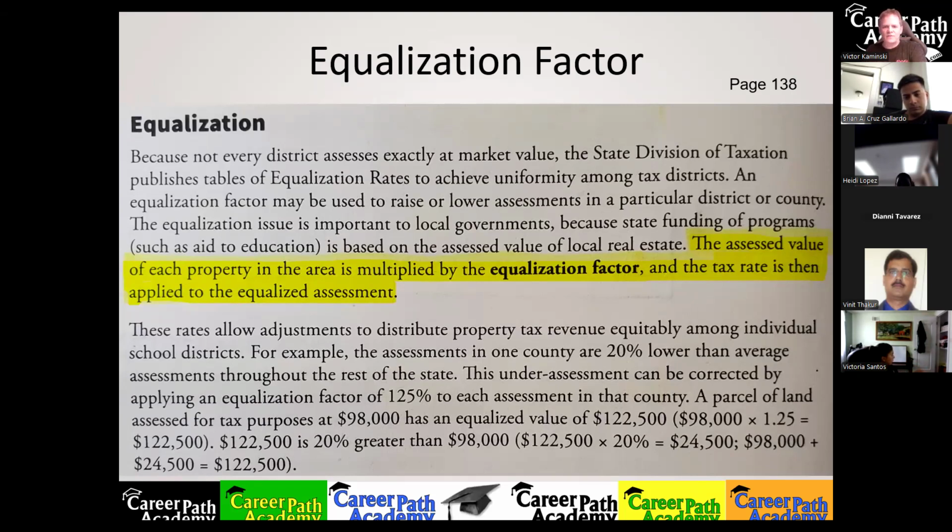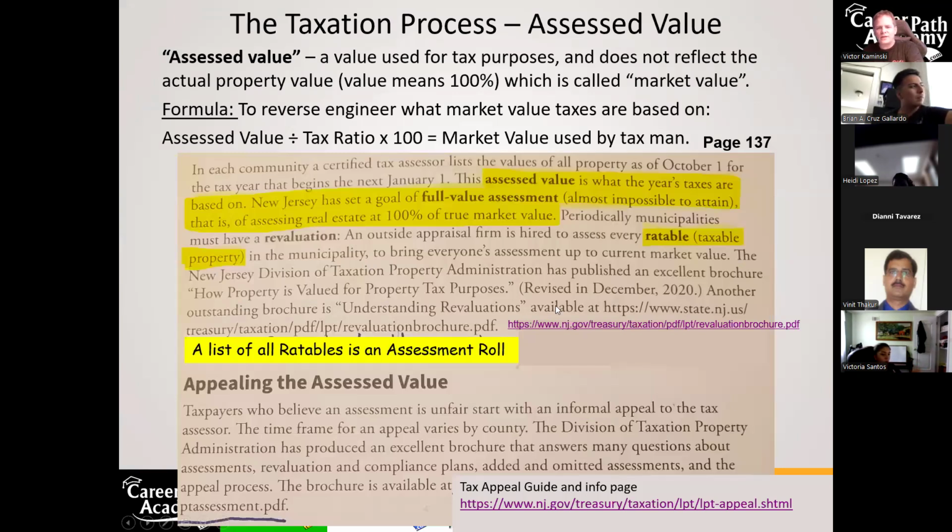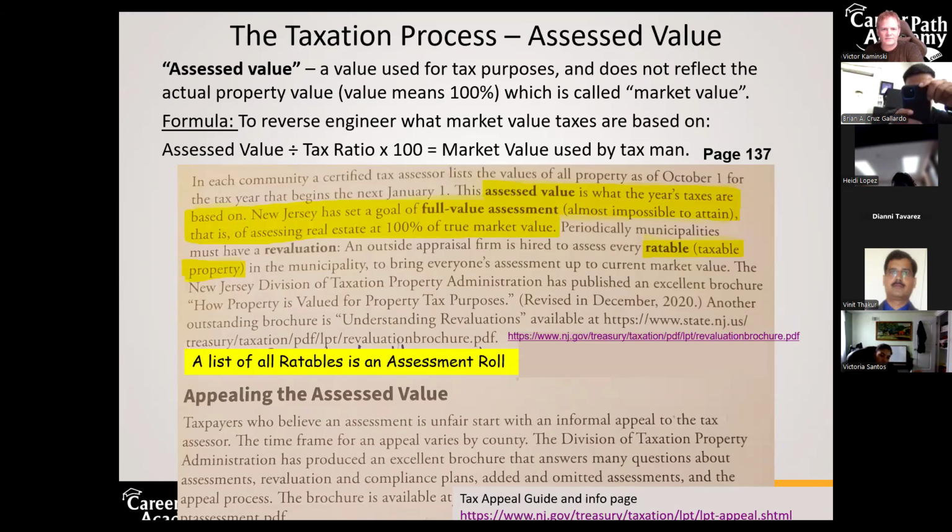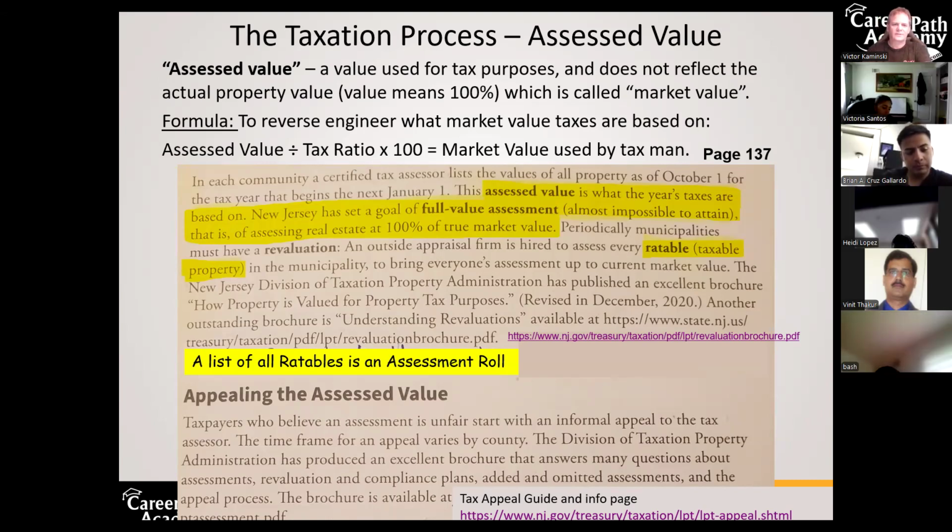Now I just want to make sure everybody got, you did get all of these notes where I wrote this in, and you got all the highlights in from this previous slide, right? For the taxation process and how it works, how assessed values are calculated. Yes or no? Yeah, honestly, no. I got it. Okay.